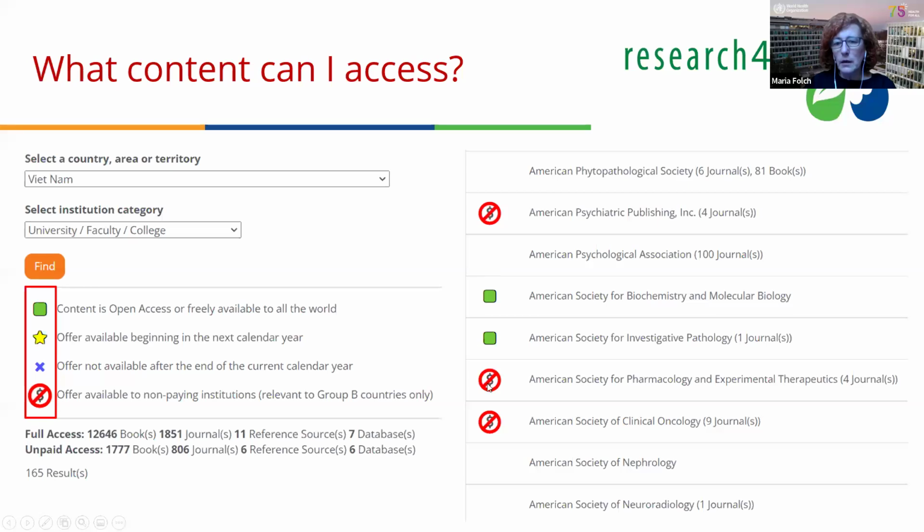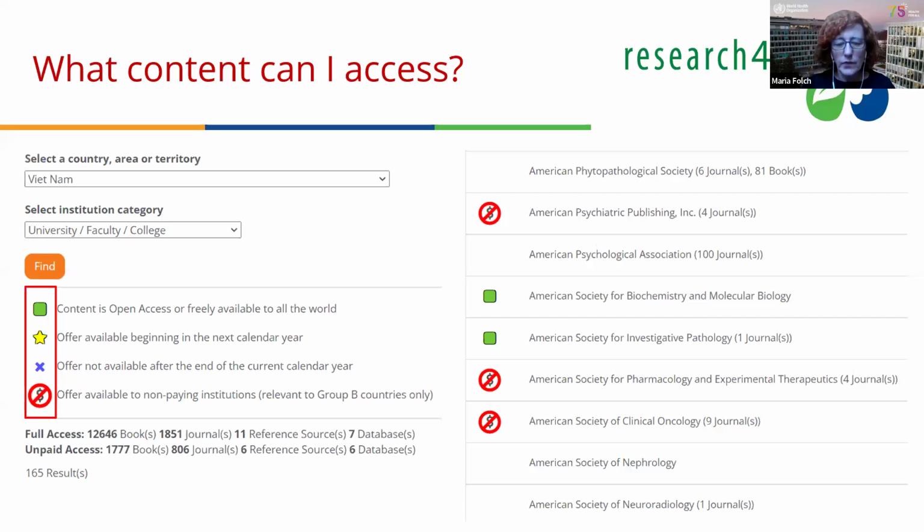As you see, there are some publishers with this symbol in front of them. These are publishers that decided to offer their content also to institutions with unpaid status, that cannot or decided not to pay.